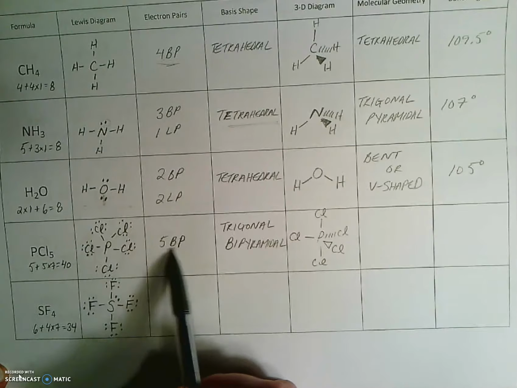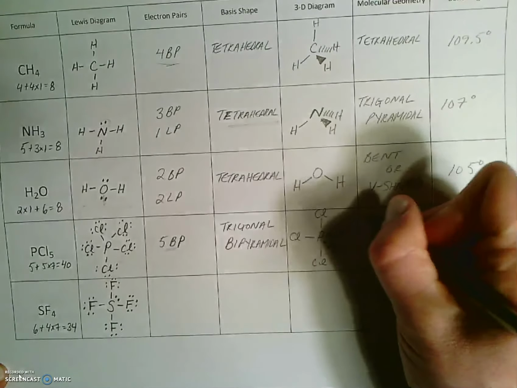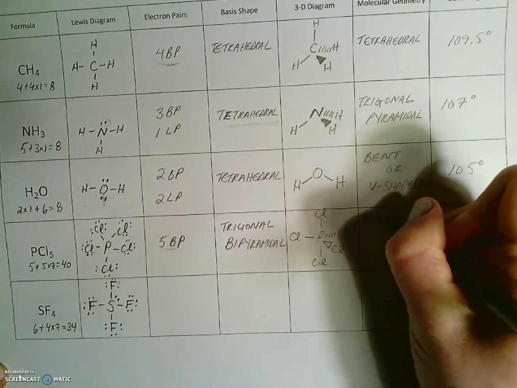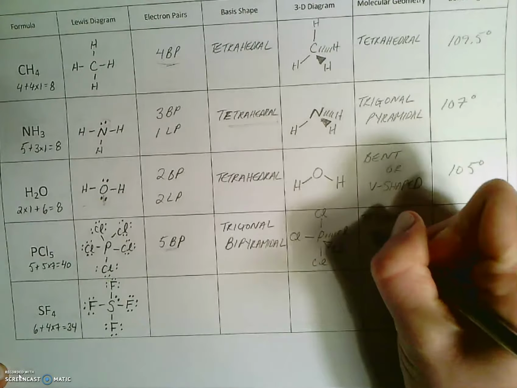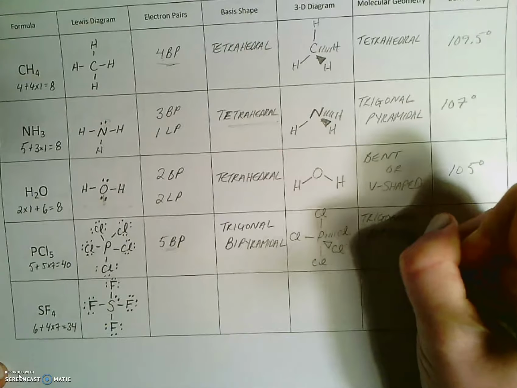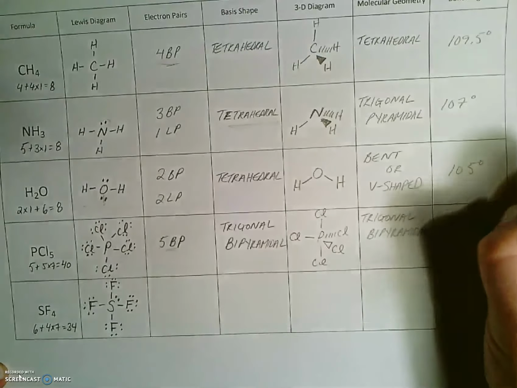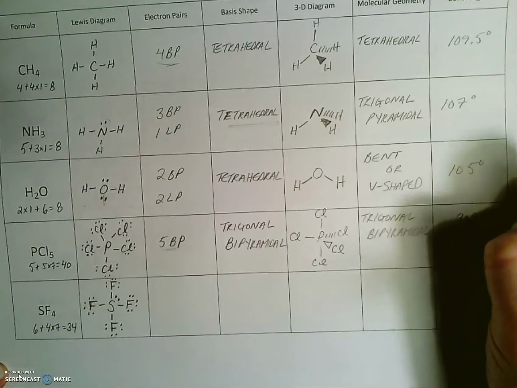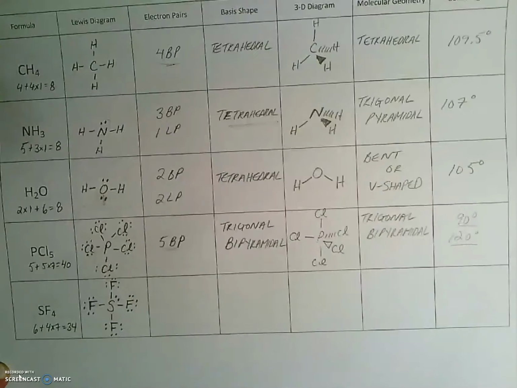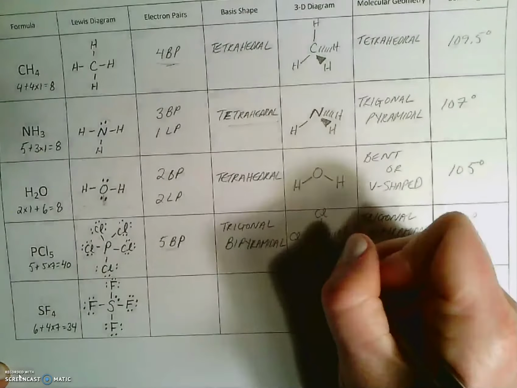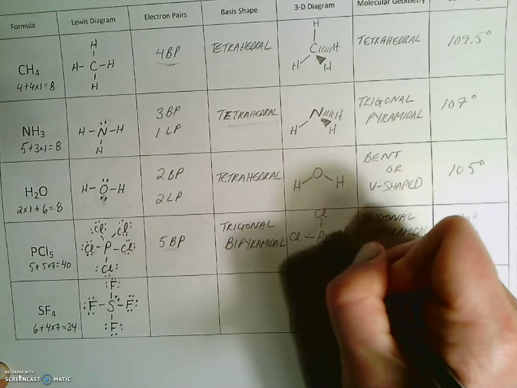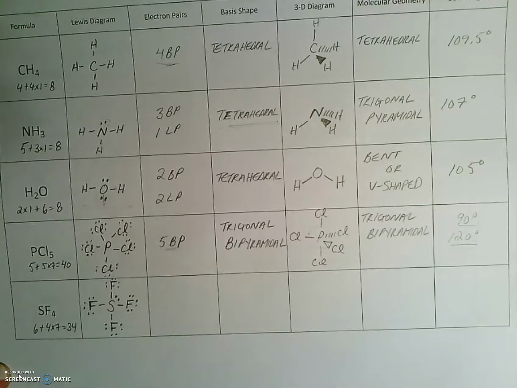Now, all of my electron domains are bonding pairs, so this name is also trigonal bipyramidal. And I want to list both my possible bond angles. I've got the 90s and the 120s. Okay, these ones are 90, these ones are 120. All right, next one,